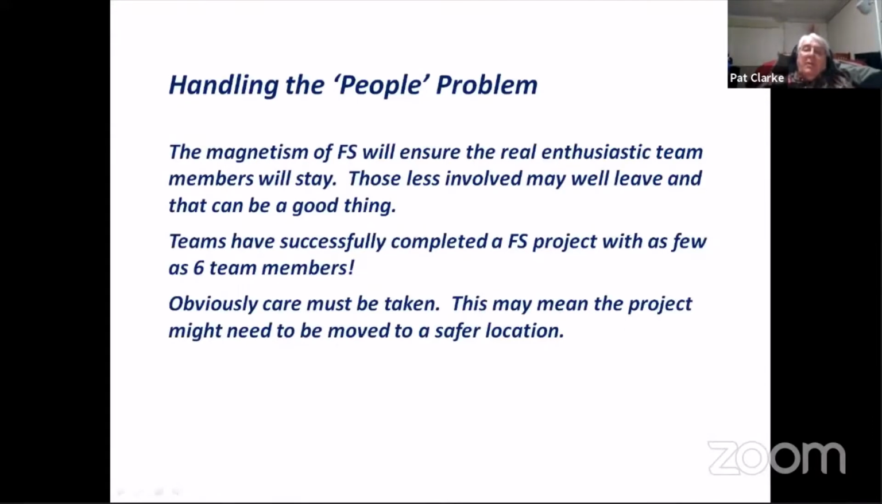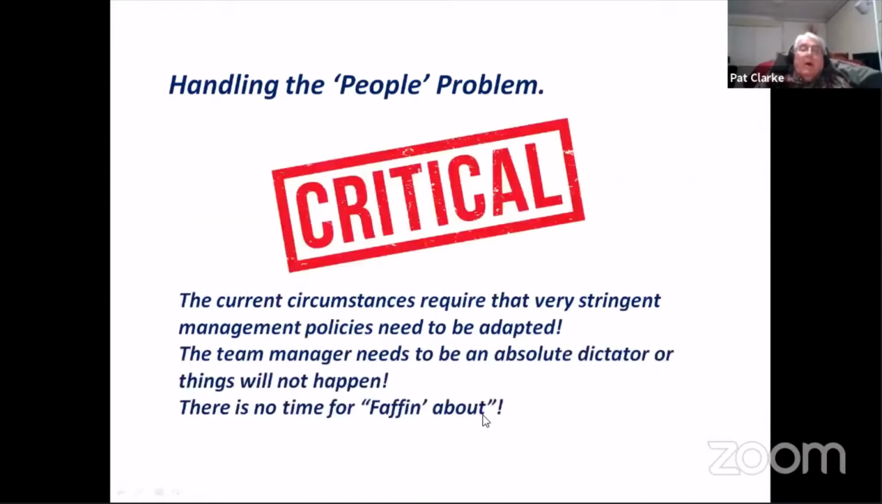The magnetism of Formula Student will ensure that the really enthusiastic team members will stay. Those who are less involved or not that interested may well leave. And as I said, that can be a good thing. I have seen successful Formula Student teams complete the project with as few as 6 members. That's not enough, but it can be done. Obviously, care must be taken. I'm talking here about looking after people's health, and this might mean that the project might need to be moved from wherever you're currently located to a safer location. In other words, away from people. Okay,